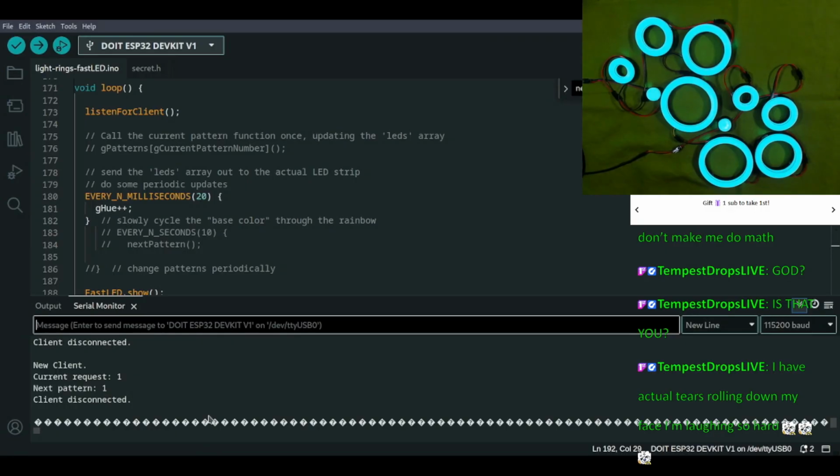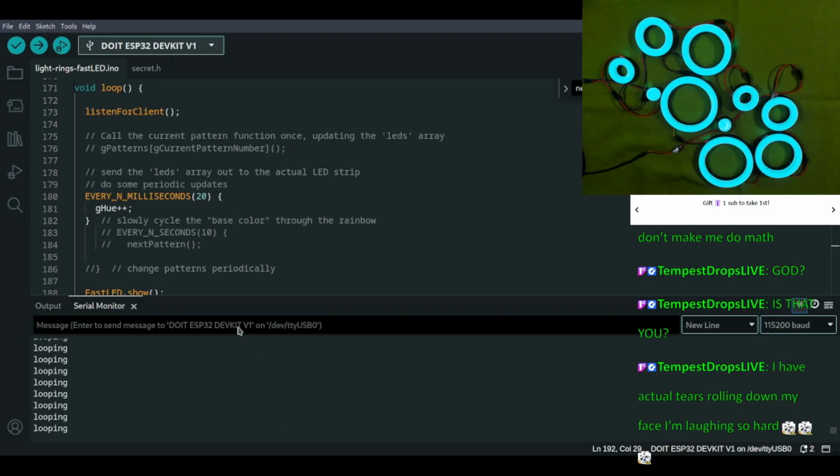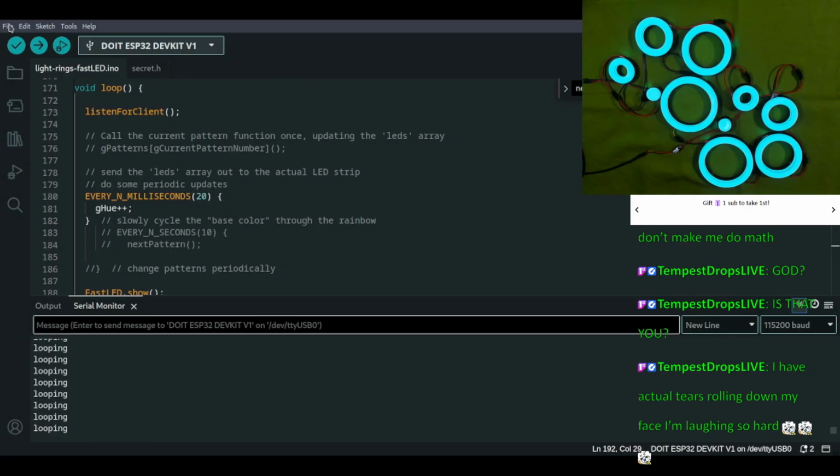Examples. FastLED. What is this? That is not the right one. I think it's looping. Yeah, it definitely is.